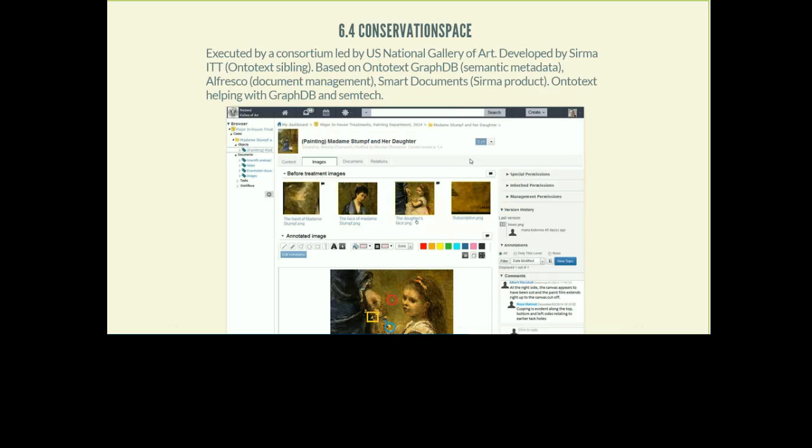It marries document management using Alfresco with a semantic database, that's Ontotext GraphDB, and it also has something called Smart Documents, which are XML documents but with different renditions, and we tie them to the semantic classifications. It's a very nice project. It's led by the National Gallery of Art in Washington, D.C., with a good consortium of 7 or 8 other galleries.